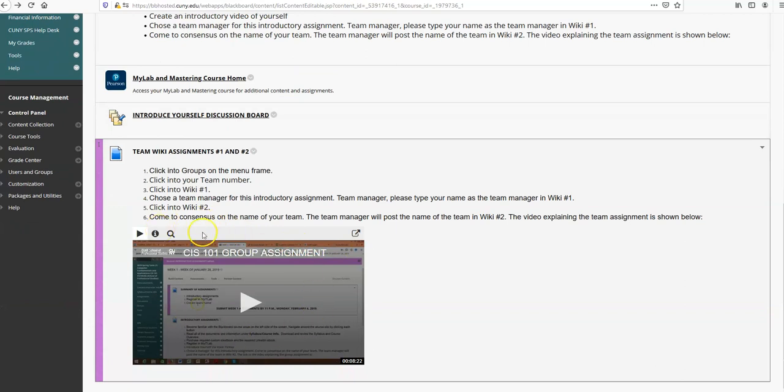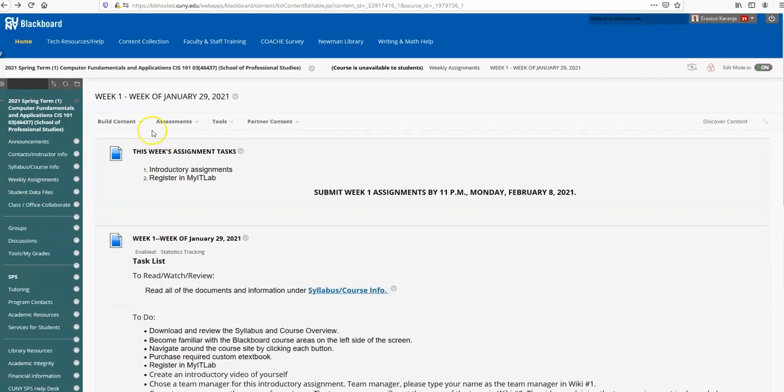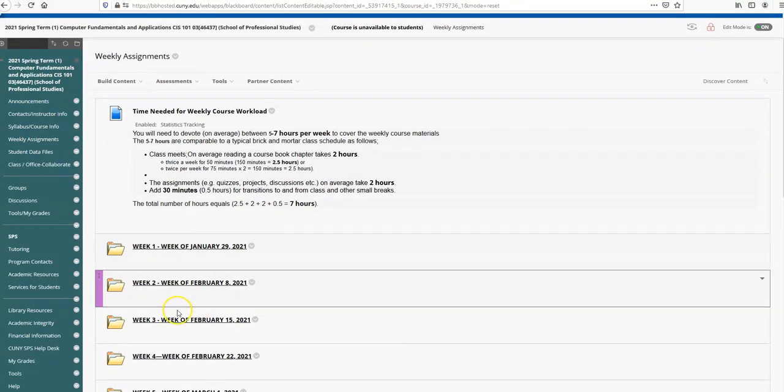And then this is for the group assignments. So this walks you through how to go about creating the group, and then how you're going to be working on the assignments, how everybody should be a team member every week, and things like that. So that's week 1. And then when you come to week 2,